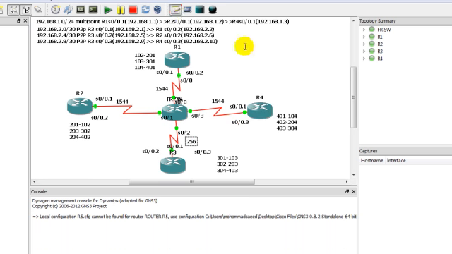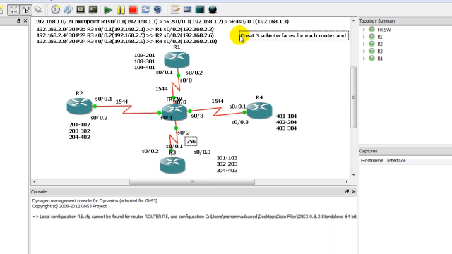So the first solution, or the first way to solve this scenario, is to create 3 sub-interfaces for each router, and configure